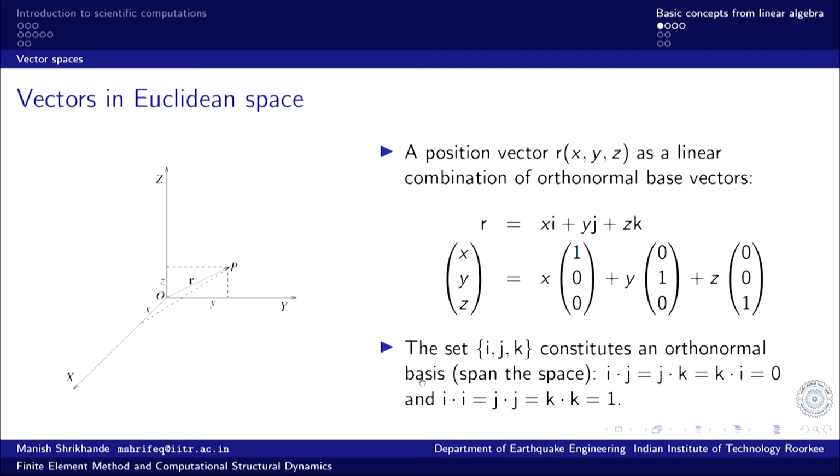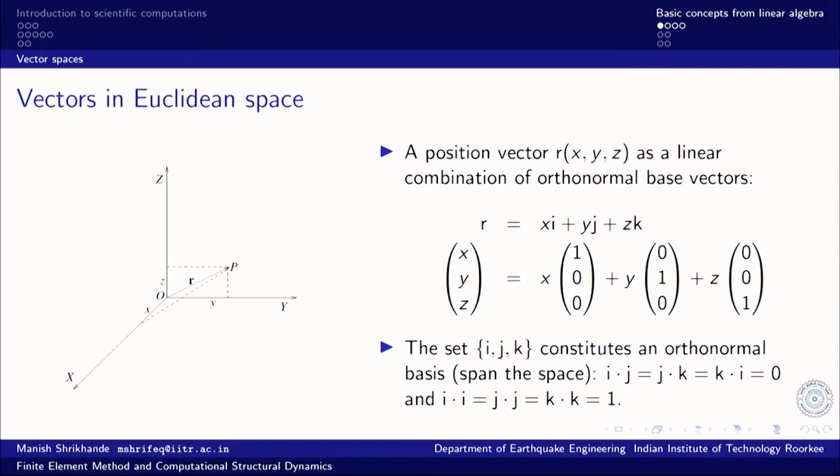The significance of basis is that it spans the space. When I say spanning the space, essentially what I am trying to say here is that any vector in this 3 dimensional geometry can be represented as a linear combination of these 3 base vectors. As you can see, in the context of this, the position vector can be anywhere in the 3 dimensional geometry, and this can be represented in terms of the base vectors.